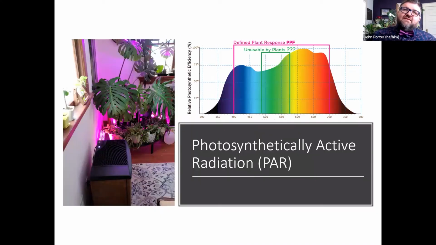And then we do talk about the color. So we're talking about photosynthetically active radiation. This is the spectrum of light that we see. So I shared that picture of my Monstera. A lot of fast production type of agriculture uses just the red and blue LEDs because that's what the plants use the most.